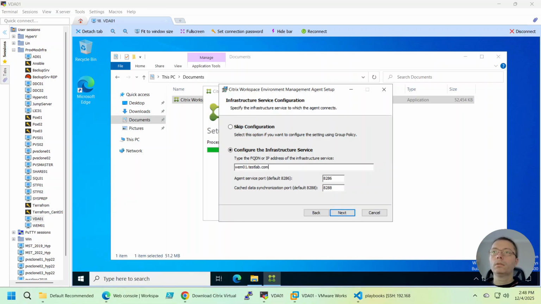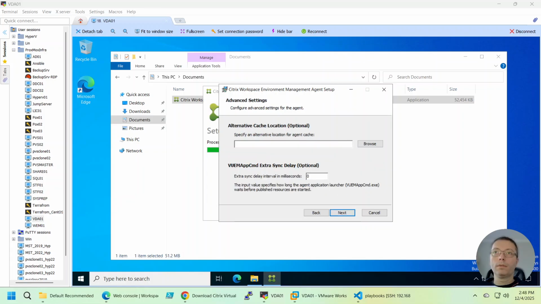Important is to note those firewall ports, and if you have them in your productive environment, they should be open so that the WEM agent can communicate with the infrastructure service. But as we can see, we can change them. Nevertheless, in my case, I will leave them exactly like this. This is an interesting